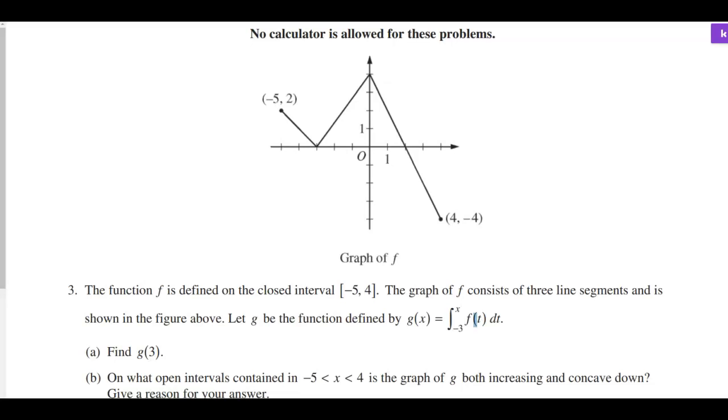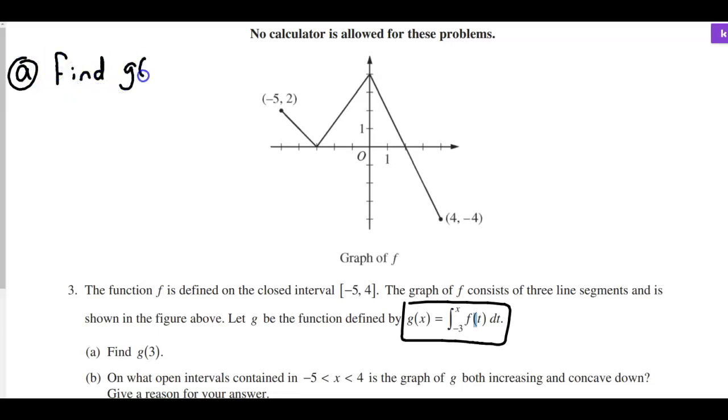And then this is kind of a new idea to you guys. This is an integral function. We are going to talk more about these later in Unit 6, but for now, I'll show you how to work with it. It's pretty simple. It's not a big deal what they're asking us to do. So let's begin. Now, part A says to find